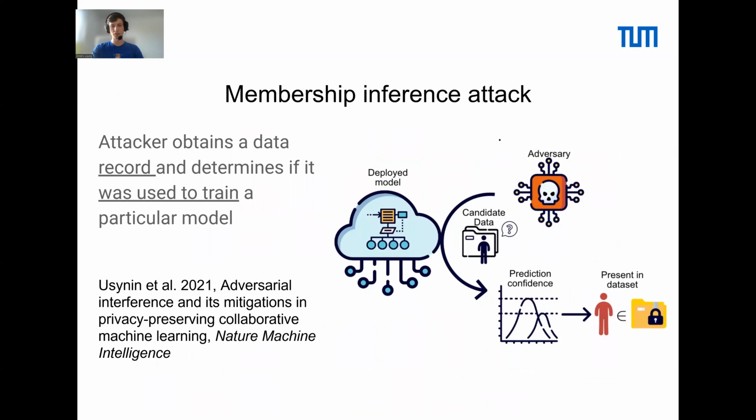The second type of attack that we deploy is the membership inference attack. So the adversary has access to a single data record, and they wish to determine if this data record was part of the training data set. Which could mean severe privacy violations when we talk about disease data sets in healthcare. They have black box access to the trained model, and they're trying to predict, using the confidence that the model produces based on the data record that they supply it with, if this record was indeed part of the training data set or not.